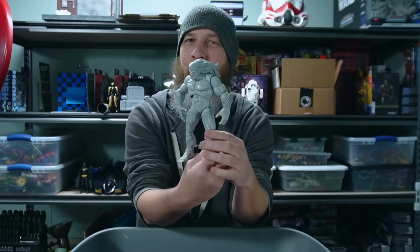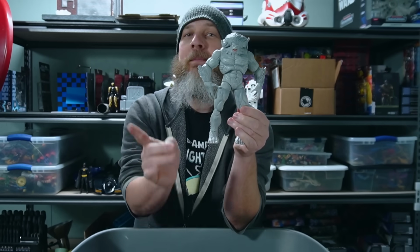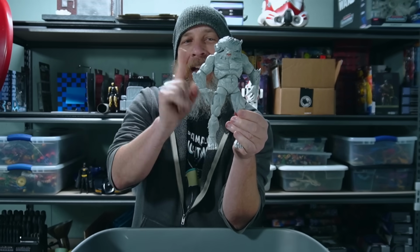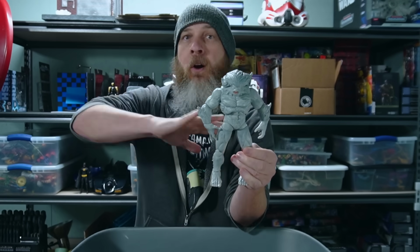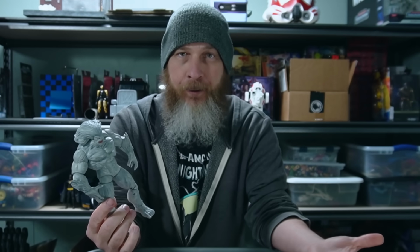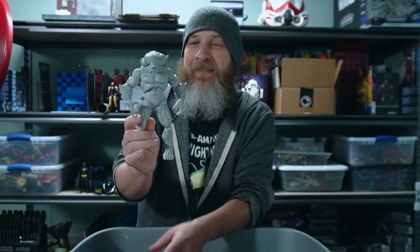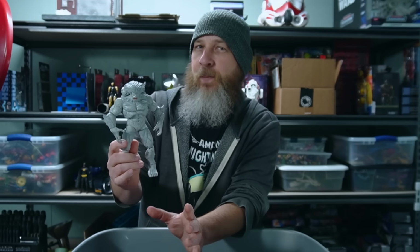This Wendigo, when we were moving from the adjacent city to where we live now, I found the Hulk Classics wave at Walmart, all 8 of them. And since we were in the process of moving, I left them all in the package. Easier to transport, right? Why add to more tubs? So this, along with the rest of that wave, were some of the first figures that I opened up once